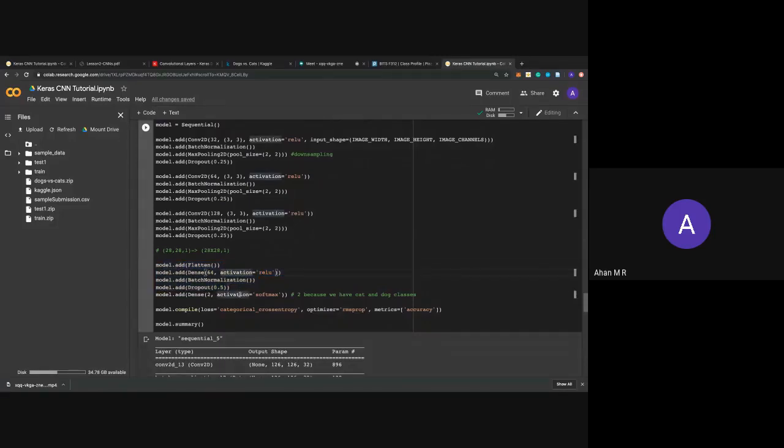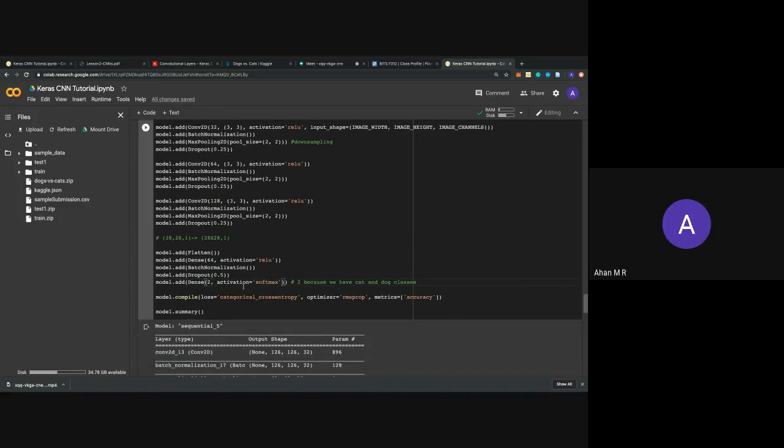And this is important. Since this is a binary classification problem, your neurons is 2. Depending on the number of classes, you replace this with the number of classes. You can always use sigmoid here and use the normal loss function. But I just wanted to show that you can use softmax and categorical cross entropy also to do the same, because binary cross entropy is just a subset of categorical cross entropy for 2 classes.